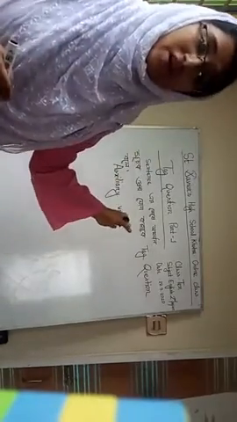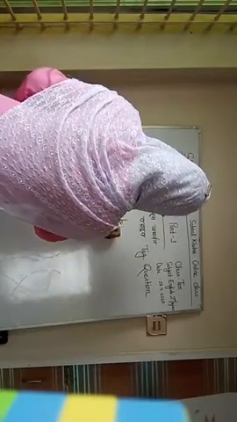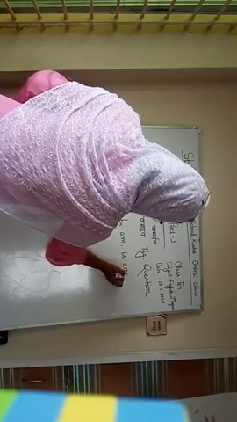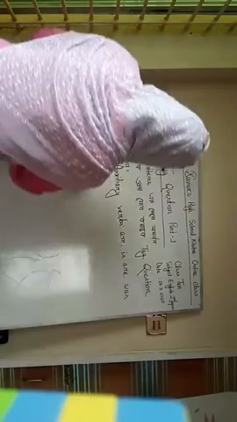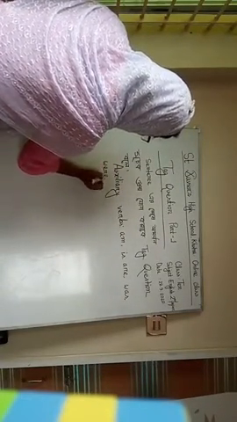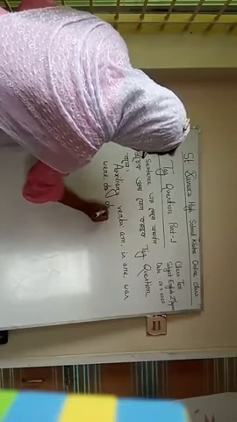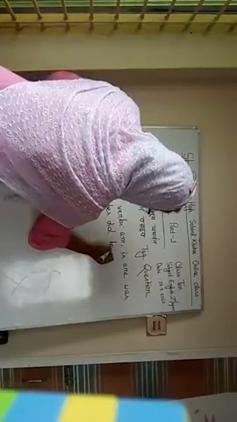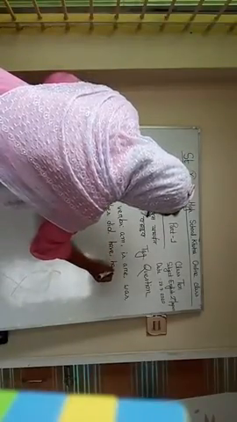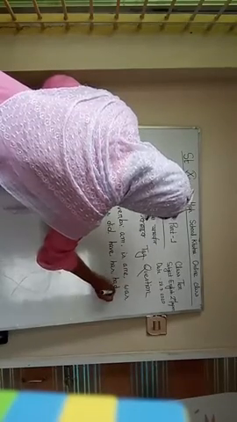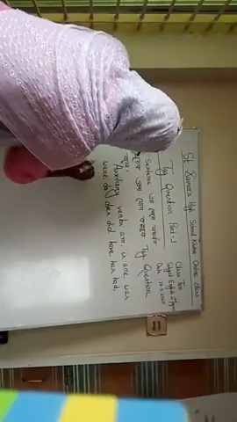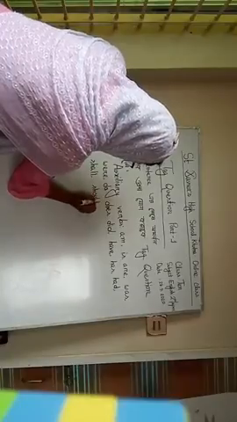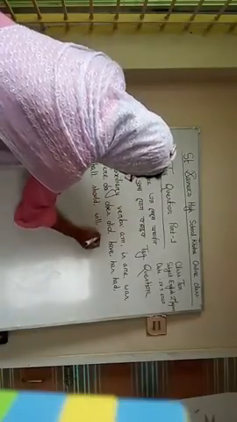These auxiliary verbs are am, is, are, was, were, do, does, did, have, has, had, shall, should, will, would,